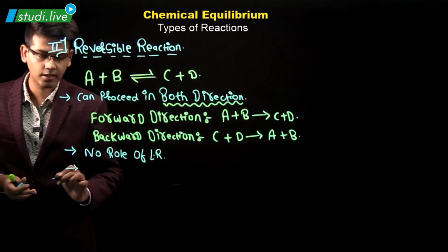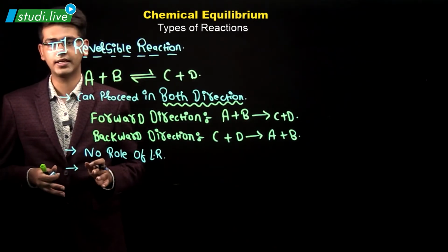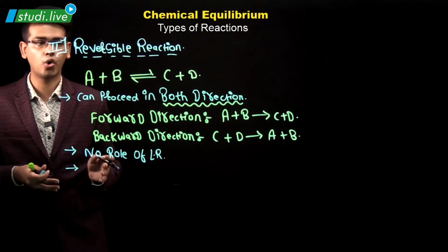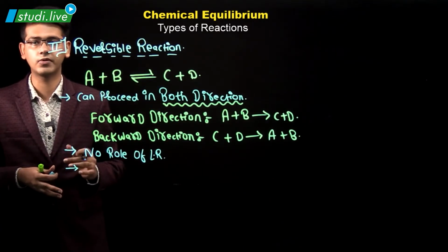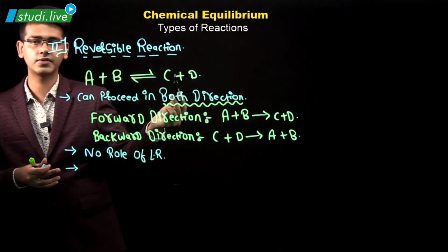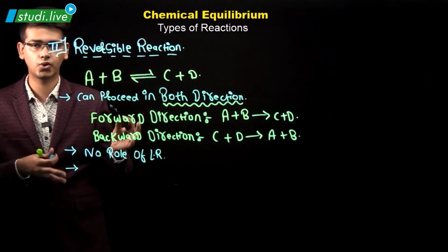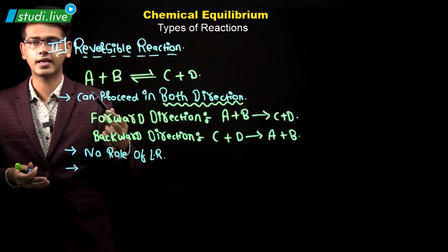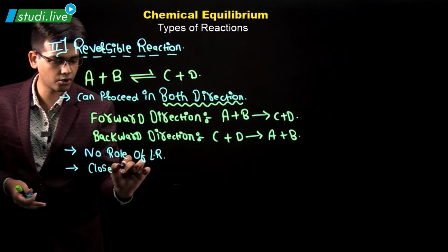Next, these reactions will always take place in a closed container. In the previous video, we saw that irreversible reactions take place in open container because it is necessary to remove the product in case of irreversible reactions. But in case of reversible reactions, the product has to remain in the reaction container so that the reaction can proceed in the backward direction, that is from right hand side to left hand side. So this reaction will take place in a closed container,